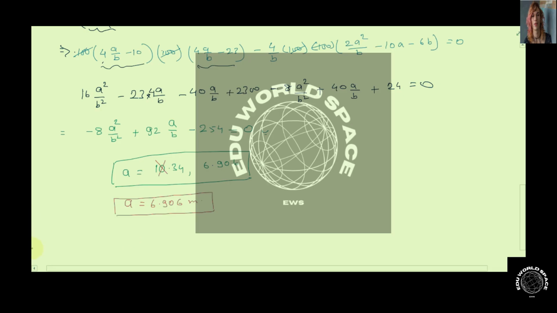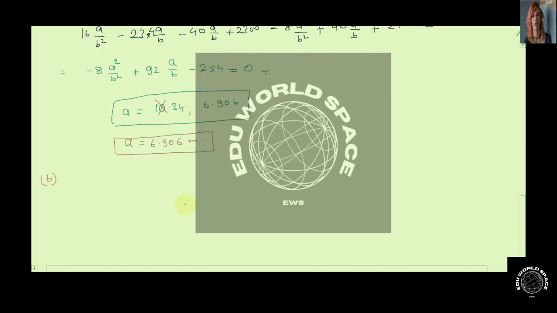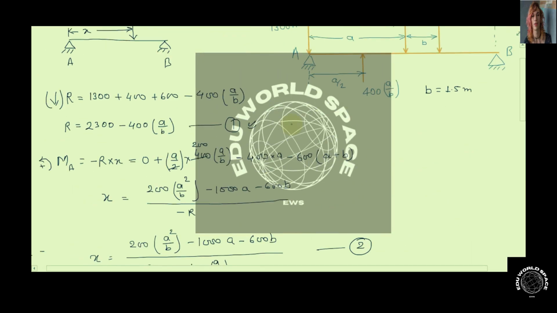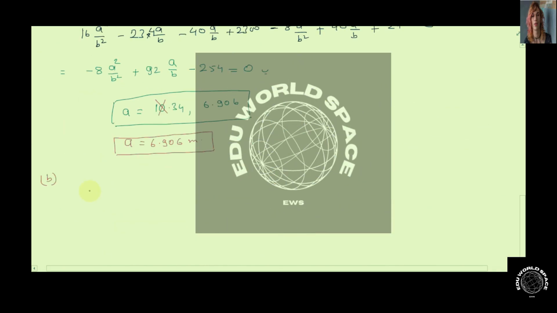Now talking about the second part. In the second part, they are asking to calculate the magnitude of the equivalent force and its point of application on the beam. So for the calculation of the equivalent force, we have got the value of A. We can use this relation, that is equation 1, and we can get the value of R. So R comes out to be,